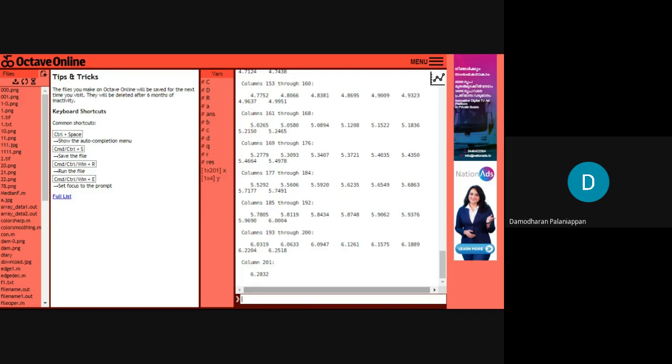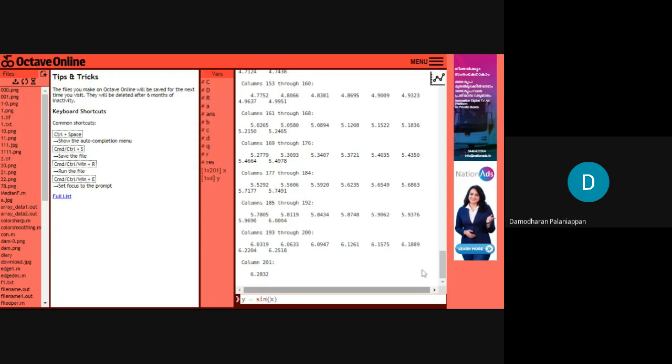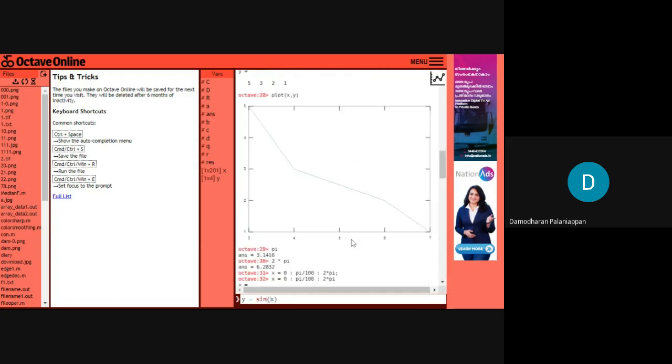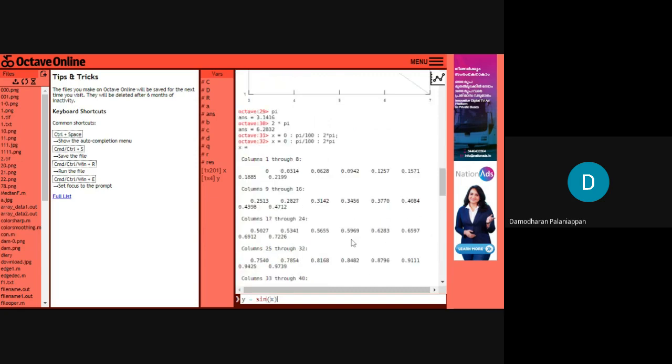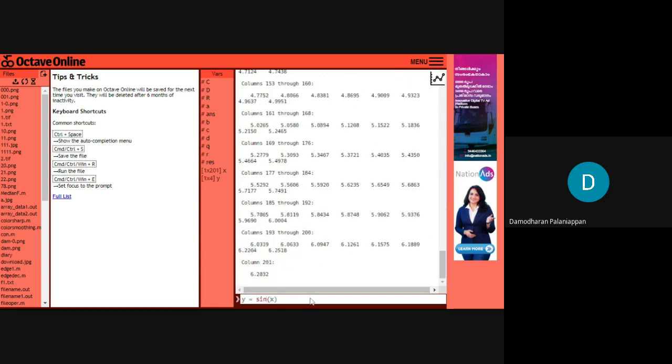The second thing is how to create the y value. y is equal to sine of x. Depending upon the x value, the y value is also created. Then press the enter key.